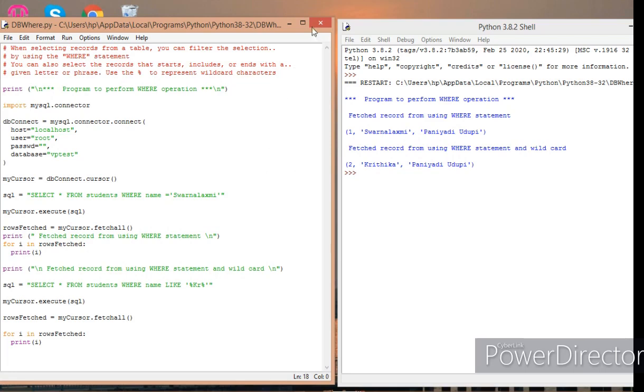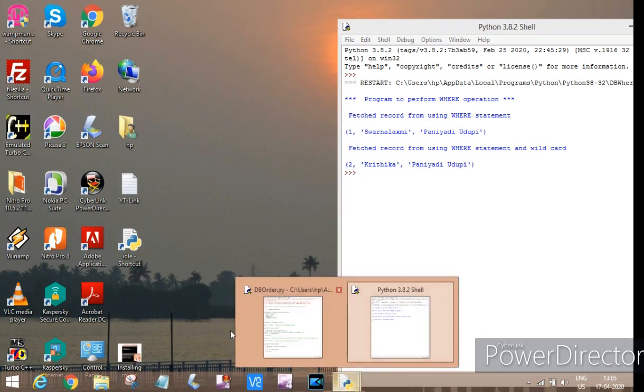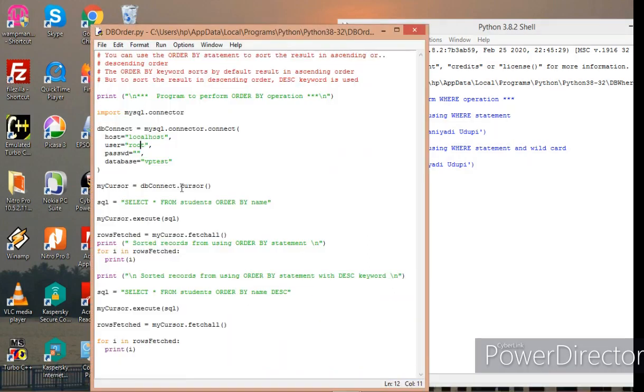Now let us look at one more program, that is to use the order by keyword. You can use the order by statement to sort the result in ascending or descending order.